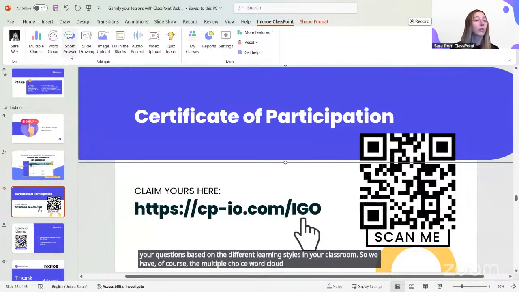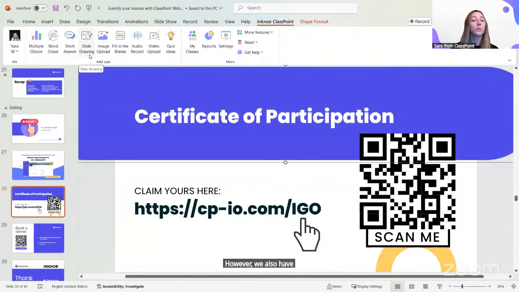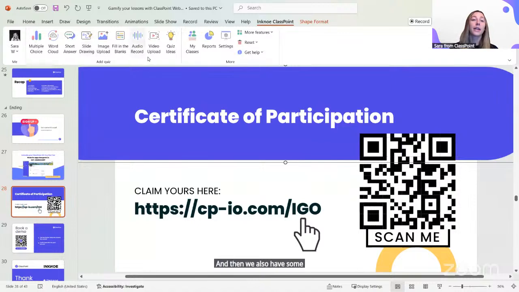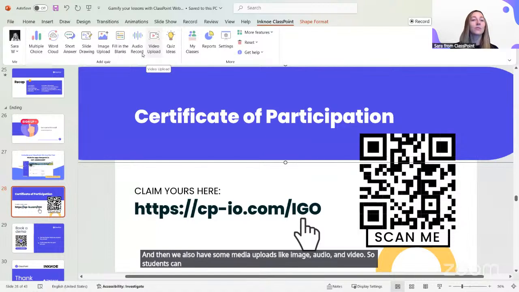Short answer is really great for those learners who do best by writing. However, we also have slide drawing for more visual learners as well, where they can go ahead and draw on the slide. And then we also have some media uploads like image, audio, and video, so students can submit their responses with that respective media as well.